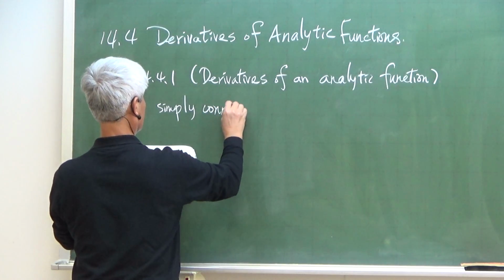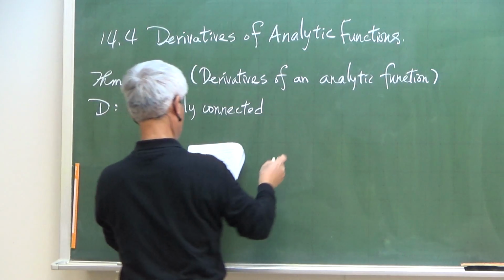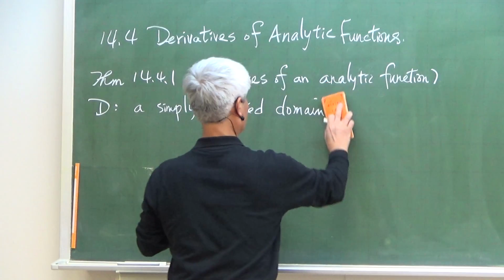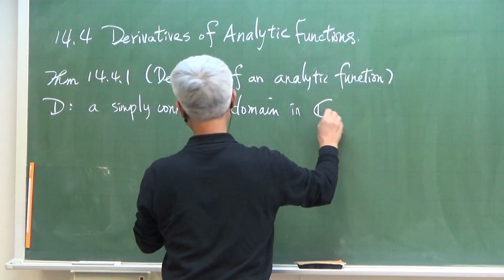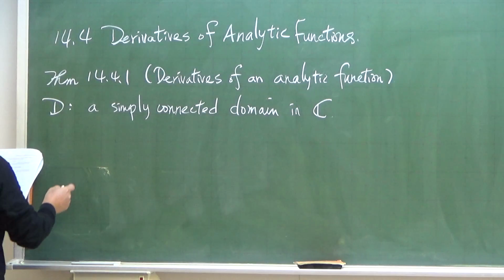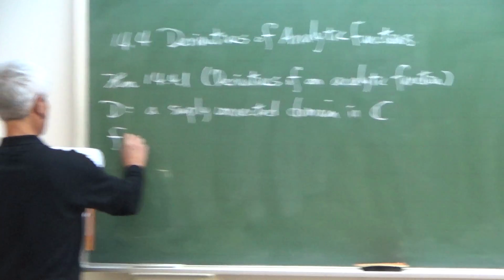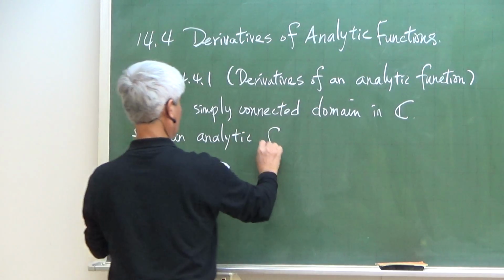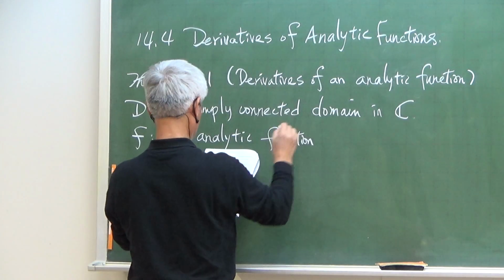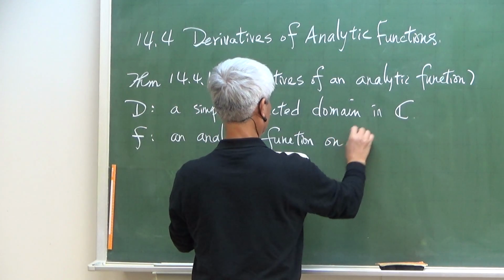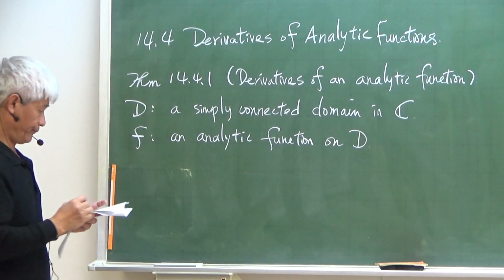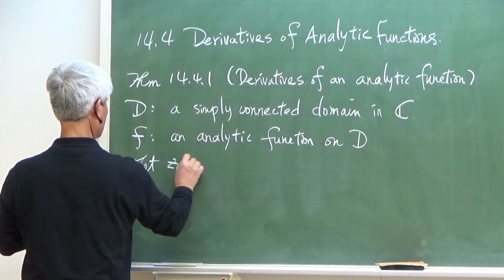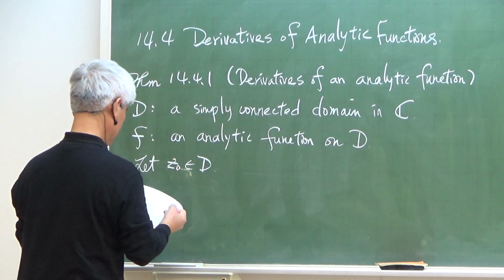Connected domain. Domain in the complex plane. So D is a simply connected domain. f is an analytic function on D. Alright, so let z0 be in D, okay, and we let